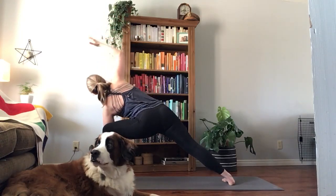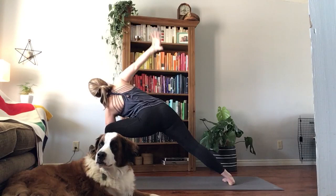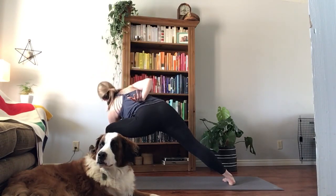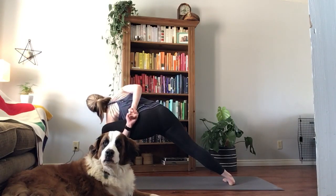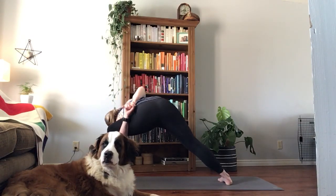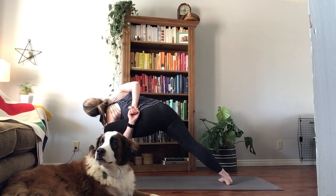Maybe take the left fingertips or the palm onto the floor or onto a block. Maybe take that right arm behind you. Thread that left arm underneath the thigh and find the hand. Now notice again if you're kind of leaning forward into this, lean back as you push into that back foot,